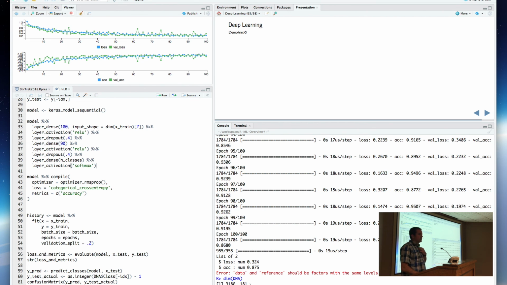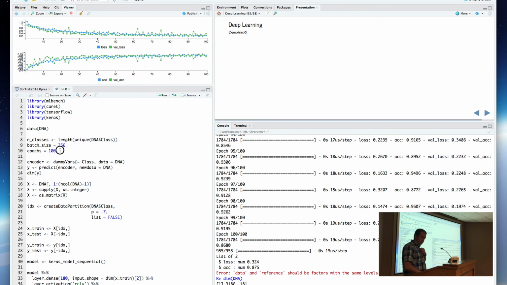Yeah, 3,000 records, 181 rows. So that's one of the reasons that I was able to, it actually did 100 epochs through that, so it iterated through it 100 times. If that was a very large data set, on this machine, I'm using CPU only, so it would have gotten fairly slow.